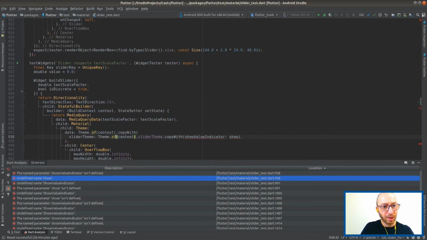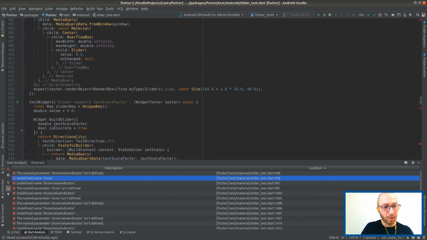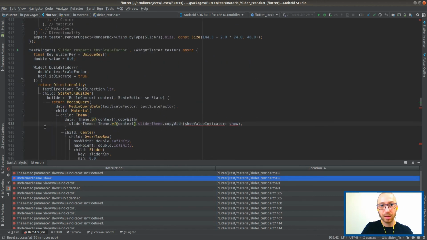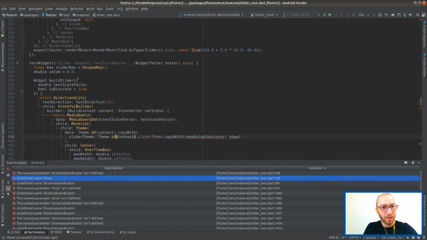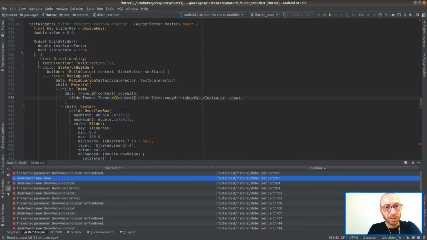Where is it even? Like, why are we doing it? What is the test? So weird. What's slider respects text scale factor? I'm not sure why they want to, why it matters over here.